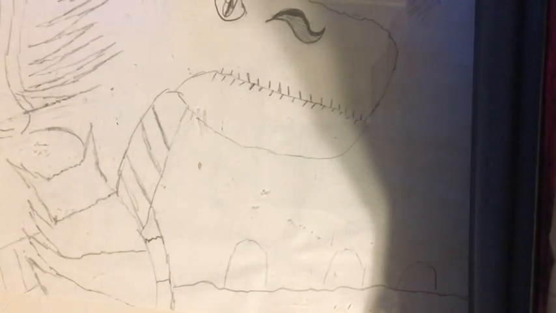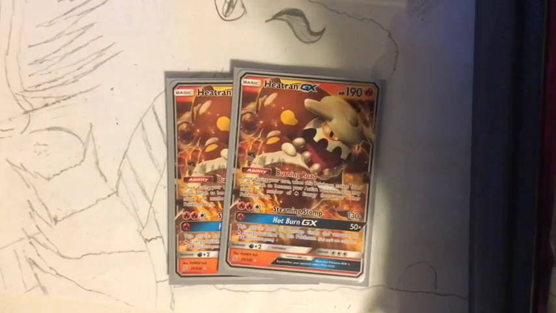So next up, we have an alternate attacker, Heatran GX. We played 2 of them, one less than the Blacephalon GX. What it has is an ability, Burning Road. What this does is, once during your turn, when this Pokemon moves from your bench to the active position, you may move any number of fire energy from your Pokemon to it. And this really helps out with the Hot Burn GX attack, which does 50 damage for every